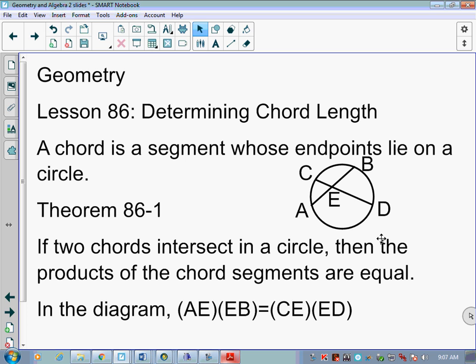In theorem 86-1, that's the only theorem that this lesson 86 holds, which is if two chords intersect in a circle, then the products of the chord segments are equal. In the diagram, AE times EB is equal to the product of CE times ED. So we would multiply those separate segments, set them equal to each other, and solve for whatever missing length